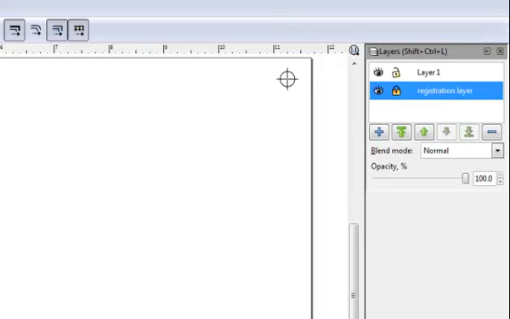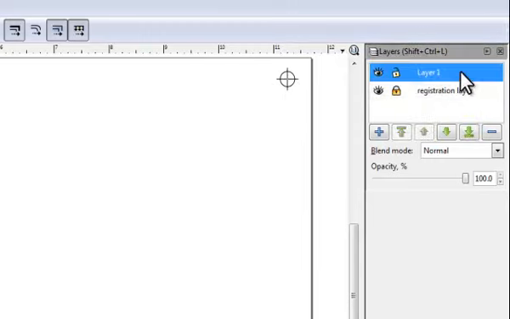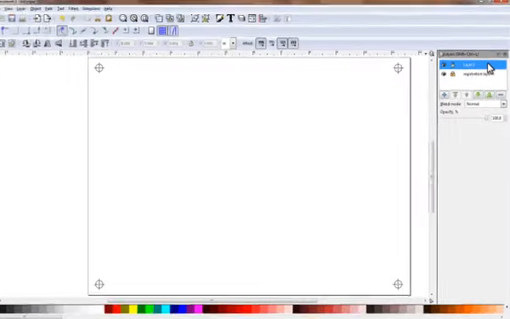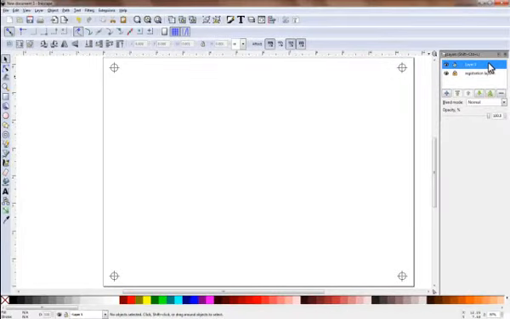I set my screen so it is landscape. I've locked this registration layer, so I cannot possibly select the registration marks. And then I created a new layer by clicking on this plus button, and I've left it unlocked, and I made sure it's selected so that I've checked that everything is the way I want it to be when I